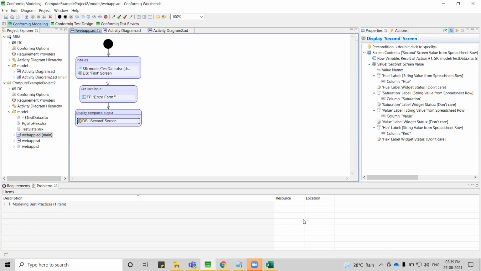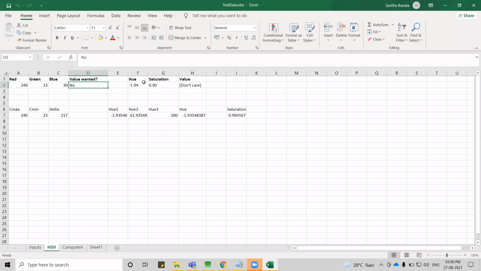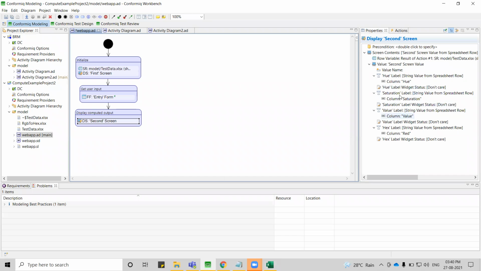If any of the users have formulas and they want to do all the calculations in the Excel itself, the outputs that you get from this Excel file will be reflected into Conformiq output fields. You just have to refer to those column names using this spreadsheet row.